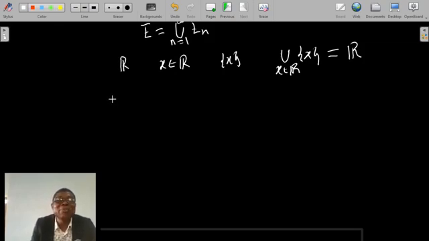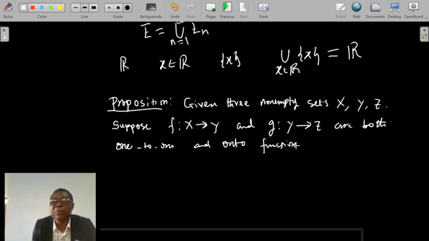Now, this leads me to the following proposition, and I would like us to start following attentively from now on. Look at this following proposition. What does the proposition say? Given 3 non-empty sets,